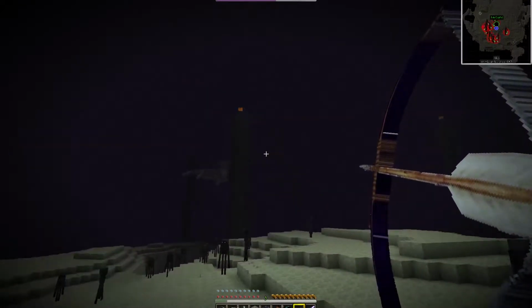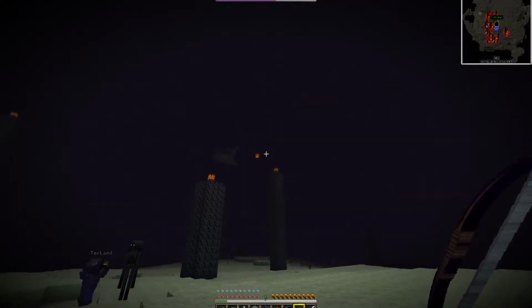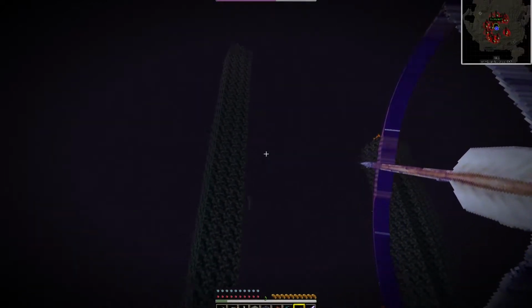I think I put Unbreaking 3 on my bow. I didn't. I forgot. Hello. There's an Enderman standing right on top of me. Yeah, that happens. I need to move because that one is right there. Okay, where is